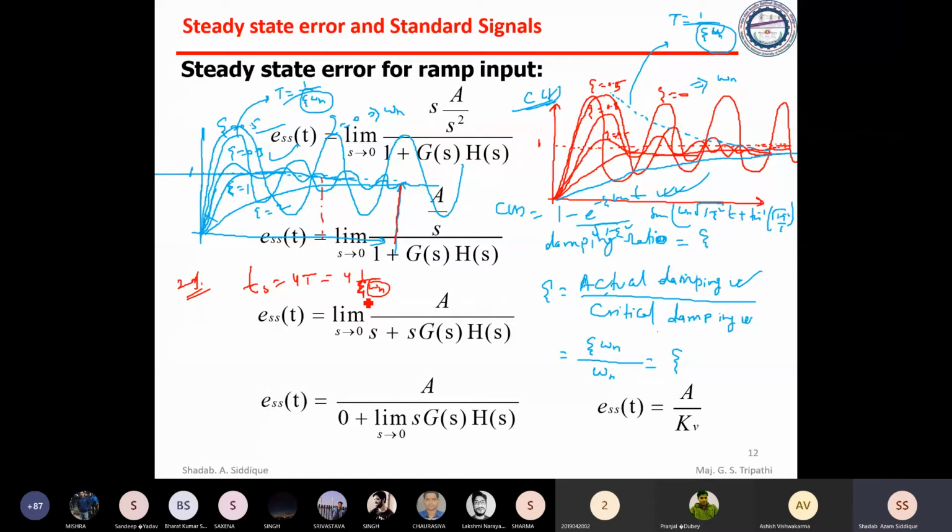Okay, but for practical implementation, zeta should be between 0 to 1. Okay, that is found from different experiments that zeta should be between 0 to 1. That is the physical significance, how the system settles down, how fast the system settles to the steady state value. When we operate a system, we want our system to come to a stable condition, to the steady state value, so that we achieve what we want to achieve. Okay, that is the significance. I hope this is clear.